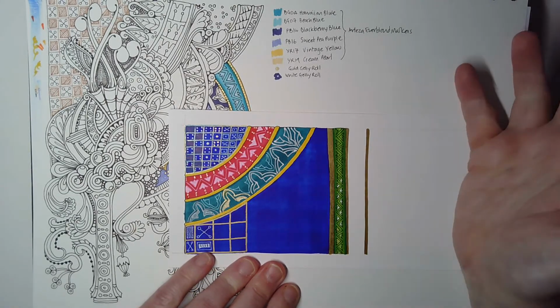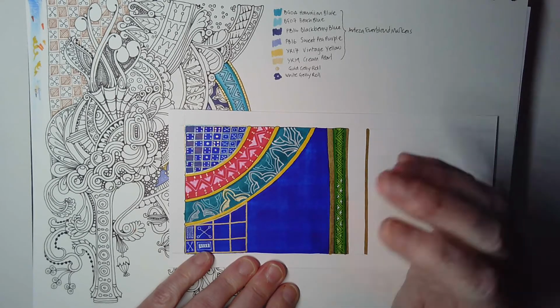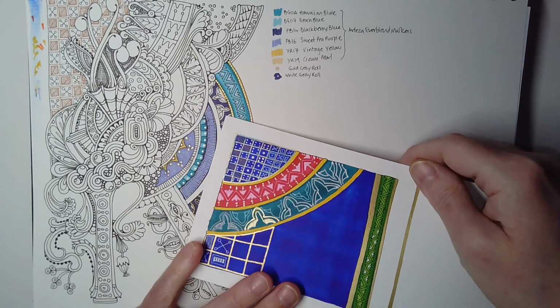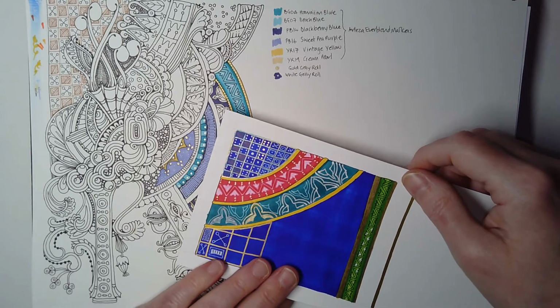So they always dry opaque, really opaque. The only issue is putting them down because they're colourless and they go down. Well, the white one is. So over here, I put a grid on of gold. Again, that gold has picked up the blue underneath. It must be something to do with,